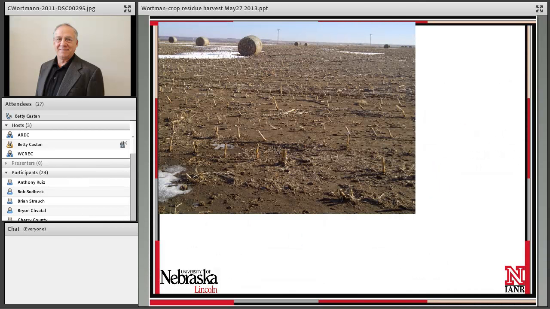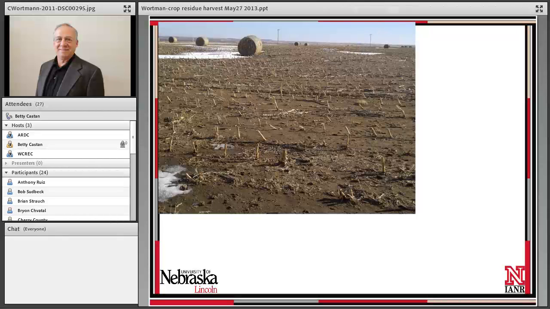So we have situations like this. It was a rain-fed field in Frontier County. It looks like they cut the stalks and raked and really left the field bare. There was a lot of wind erosion in western Nebraska this year, and I would guess this is a field that was contributing to it. And when you consider the small amount of residue they got, they must have been very concerned to do this to